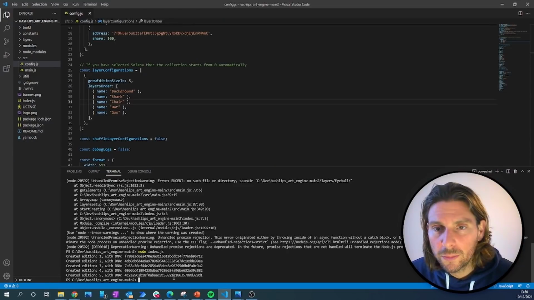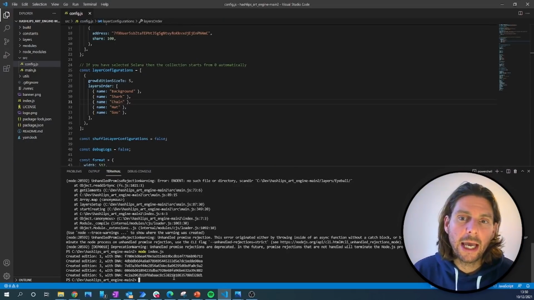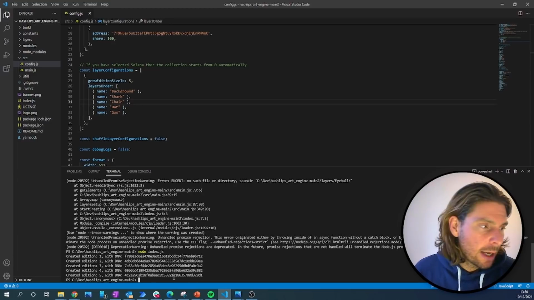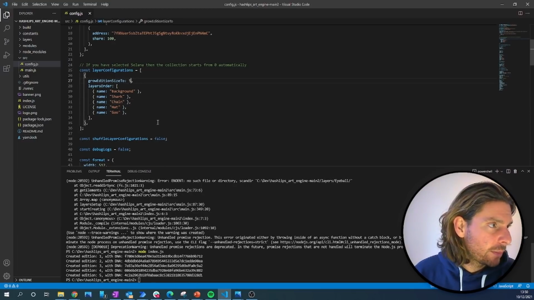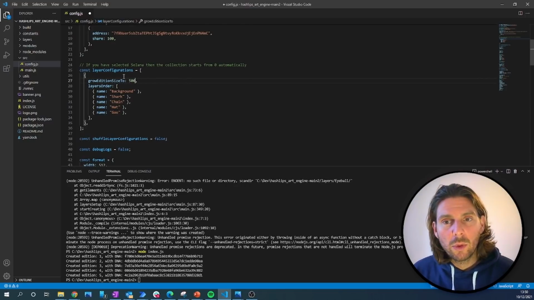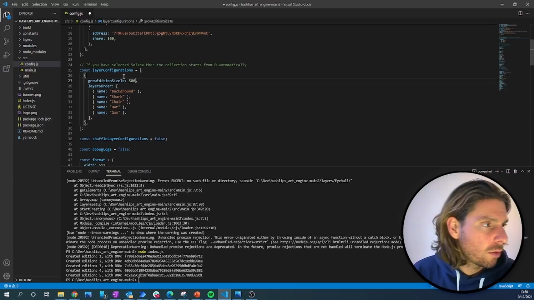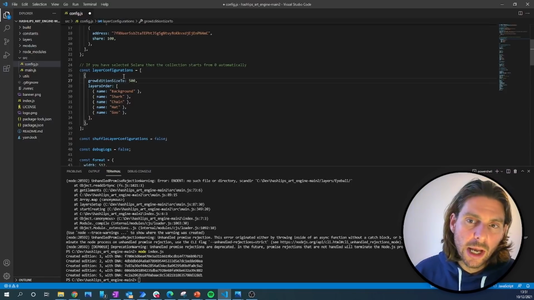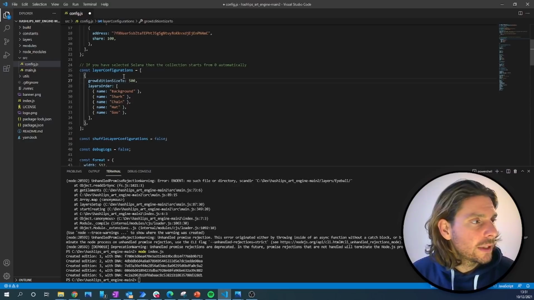Now the next step would be to upload all of these NFTs to OpenSea or mint them. But if we, for example, create 500 or 5,000 of these images, we will need an automated way to upload all of these to OpenSea. In the next video, I will be showing you how to use automation to upload all of these NFTs to